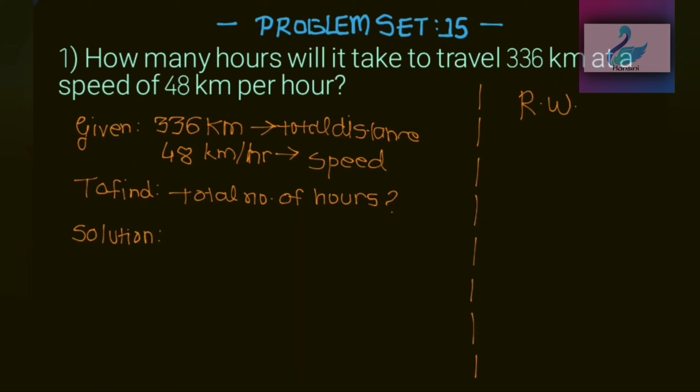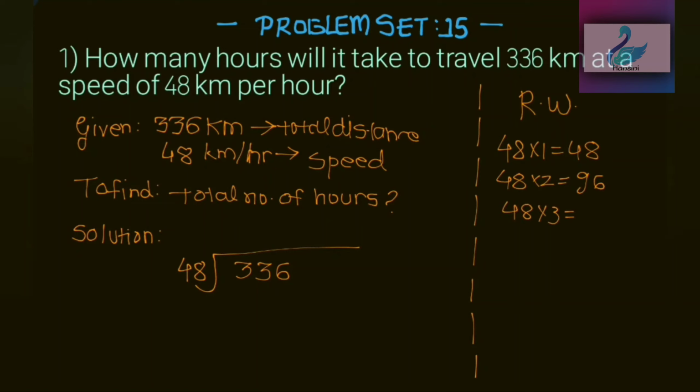To solve this problem, first we have to write the rough work. So here the bigger number is 336 and the smaller number is 48. So 48 is the divisor and 336 is the dividend. So in the rough work, we will write the table of 48. 48 ones are 48, 48 twos are 96, 48 threes are 144, 48 fours are 192, 48 fives are